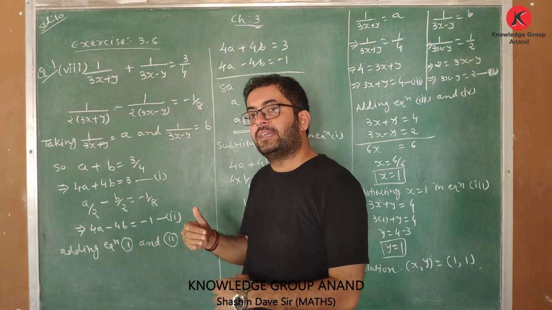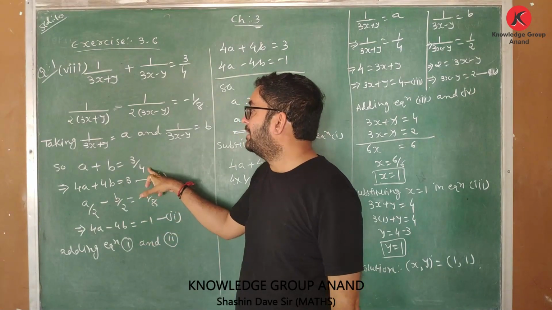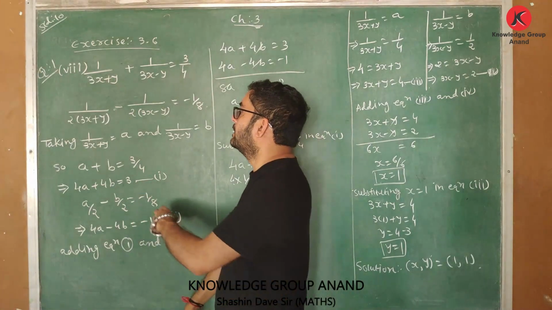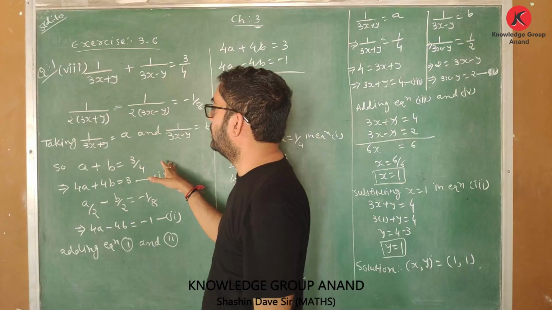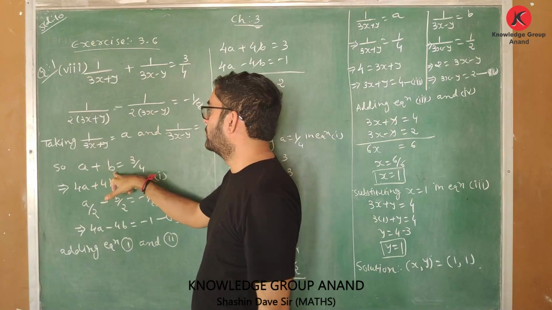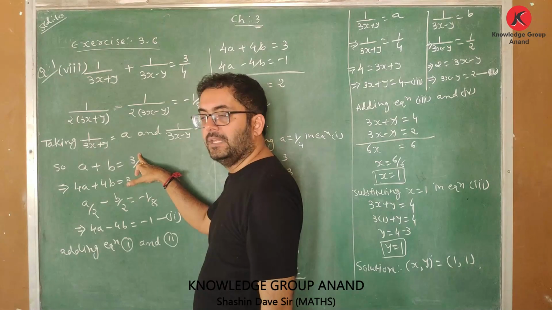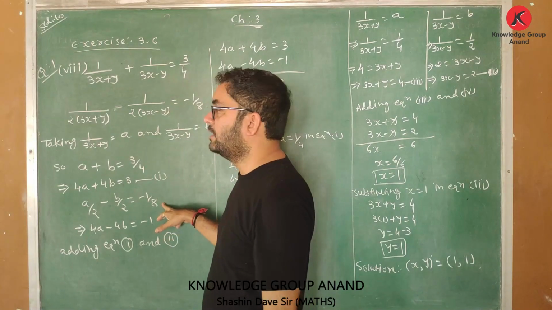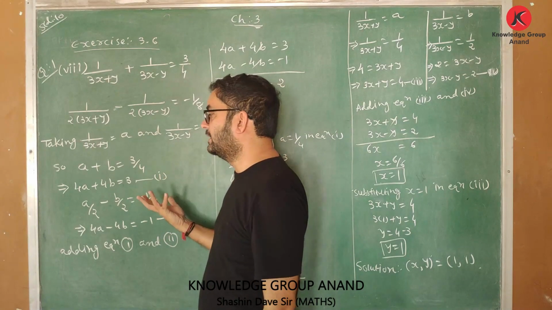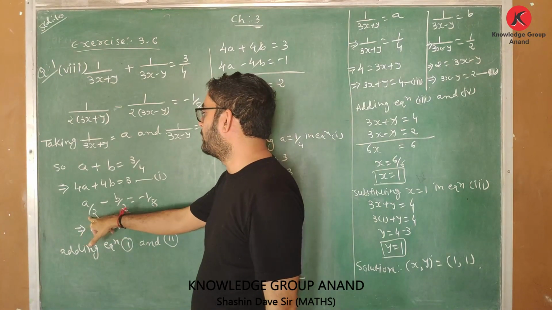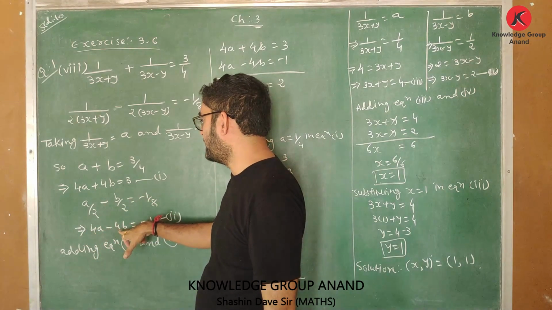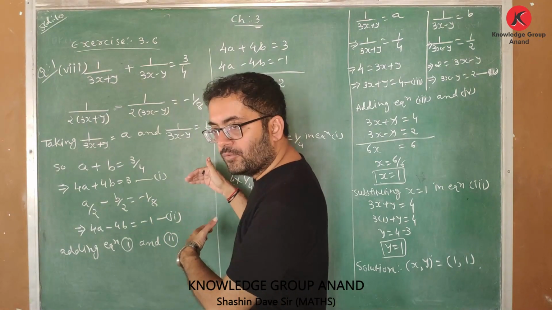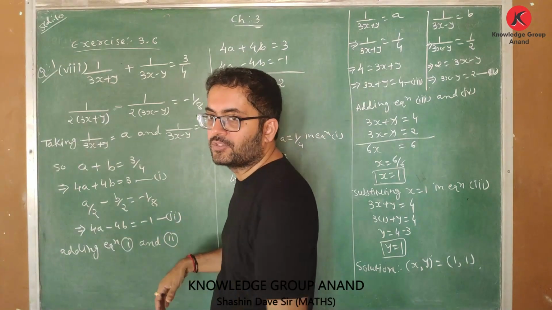I will try to make the equations linear without any fractions by multiplying whole equations with whatever is there. So here we multiplied all the terms with 4 because I want to remove this 4. So when I multiplied all the terms with 4, I got 4a plus 4b is equal to, this 4 got cut and 3 remains. So I have equation 4a plus 4b is equal to 3. Similarly, I want to remove 8 over here. So I will multiply all the 3 terms with 8. So 8a upon 2, that is 4a, minus 8b upon 2, that is minus 4b, and minus 8 upon 8 gives minus 1.